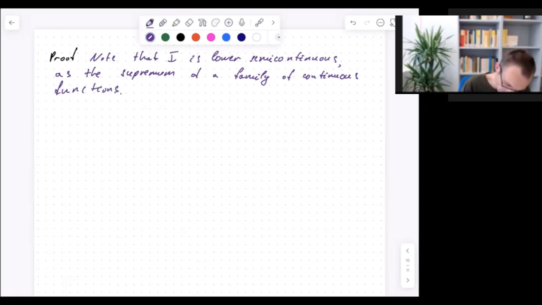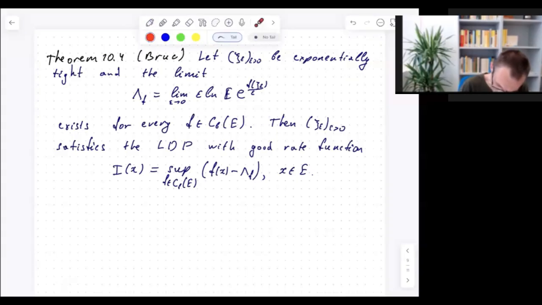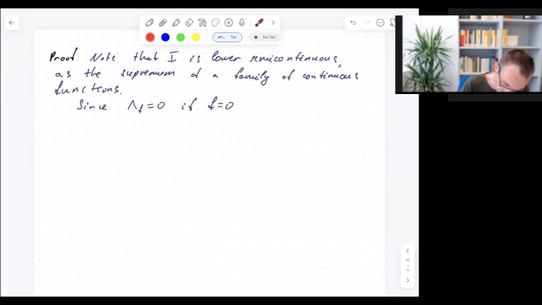Also, let's note that lambda of f is equal to 0 if f is equal to 0. It is trivial, because when you take f equal to 0, then you have the exponent to the power 0, which is equal to 1. Once again, if f is equal to 0, then this is equal to 1. The expectation is equal to 1, and then the logarithm of 1 is equal to 0. Therefore, you have the limit of 0, and lambda f is equal to 0. Of this, we get